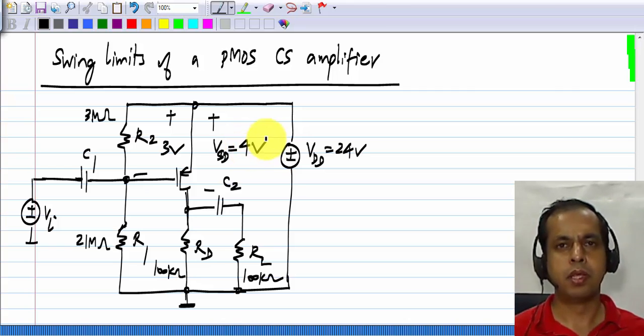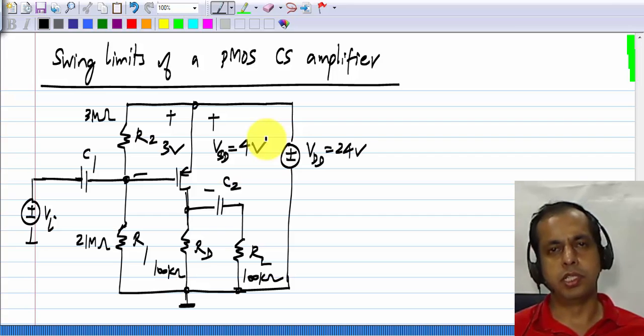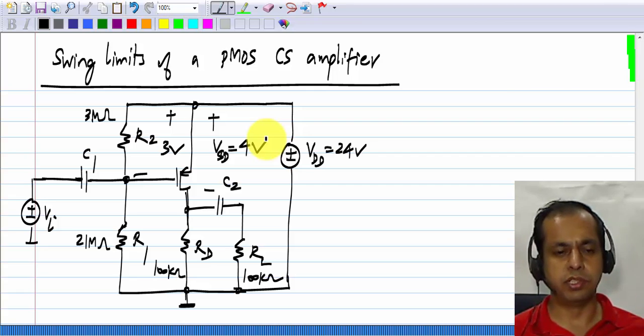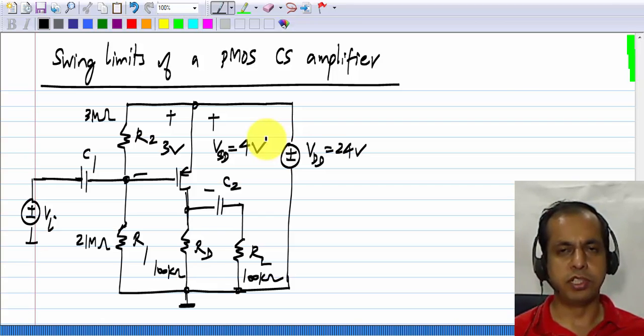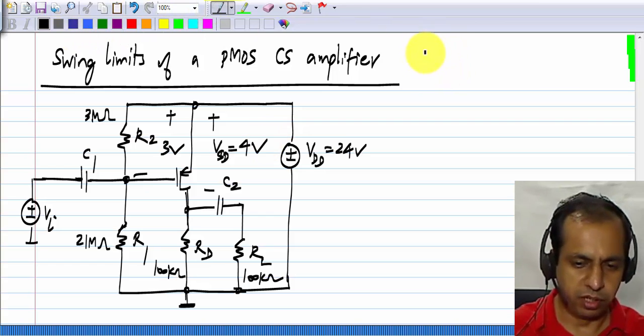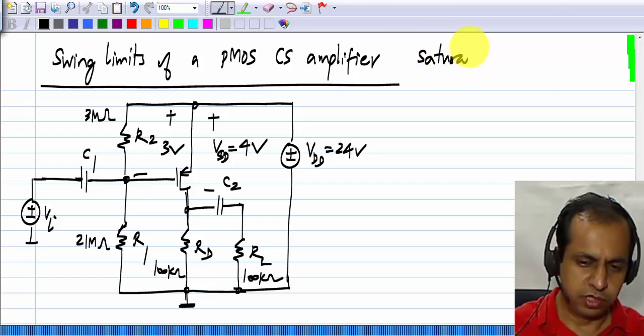Now why do we have limits on the signal swing? The transistor can go either into the triode region or into cutoff. Because of this, the value of input Vi that you can apply to the circuit is limited. So now we will investigate this for the PMOS common source amplifier. The conditions are exactly the same. The condition to remain in saturation is that